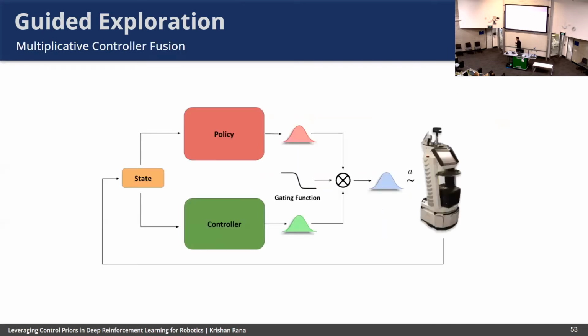Right? So with those ideas in mind, we propose this multiplicative controller fusion architecture, where we essentially formulate our classical controller as a distribution over actions, right? And this was a very naive way that we did it, where we just attached a standard deviation to the deterministic action coming from the classical controller. But essentially, this formed a sort of a sampling distribution that we could get actions